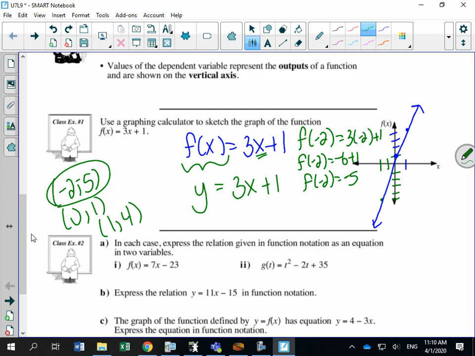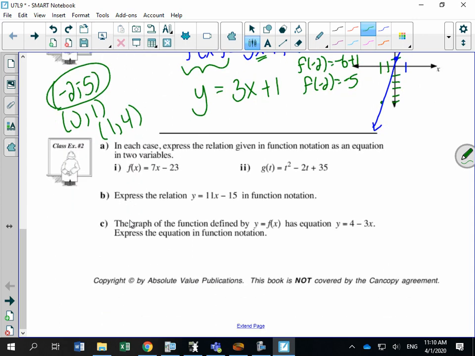And then I could have plugged in f of 0, and I would have gotten 1. I could have plugged in f of 1, and I would have gotten 4. But that's class example number 1. For class example number 2, it says, in each case, express the relation in function notation as an equation in